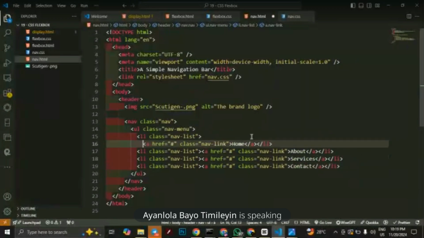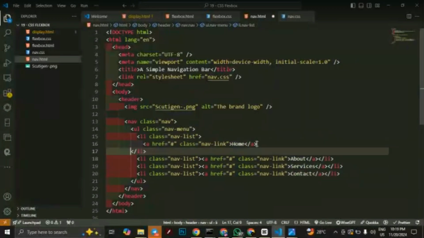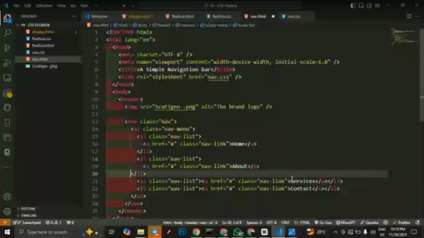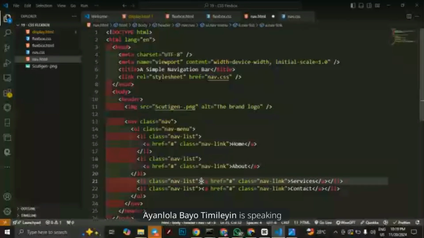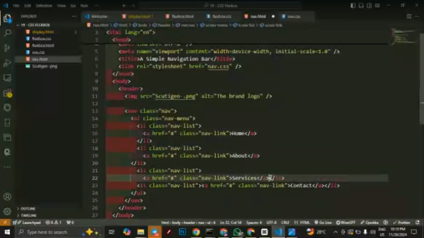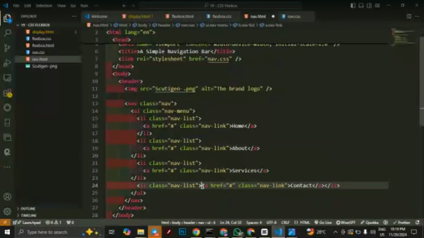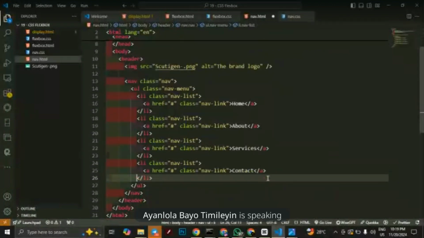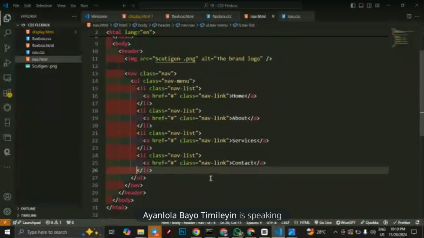Okay, great. Now take a look at this markup carefully with body, and right in the body we have just